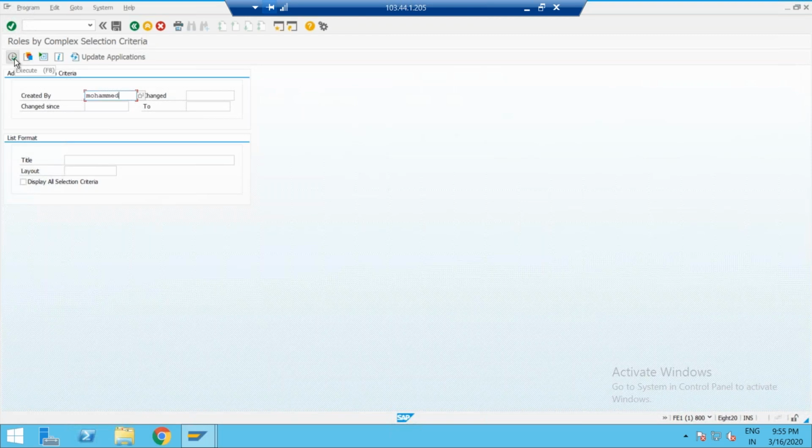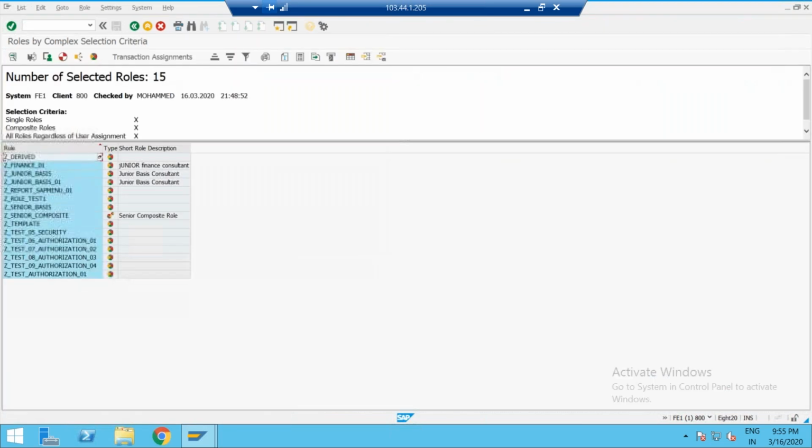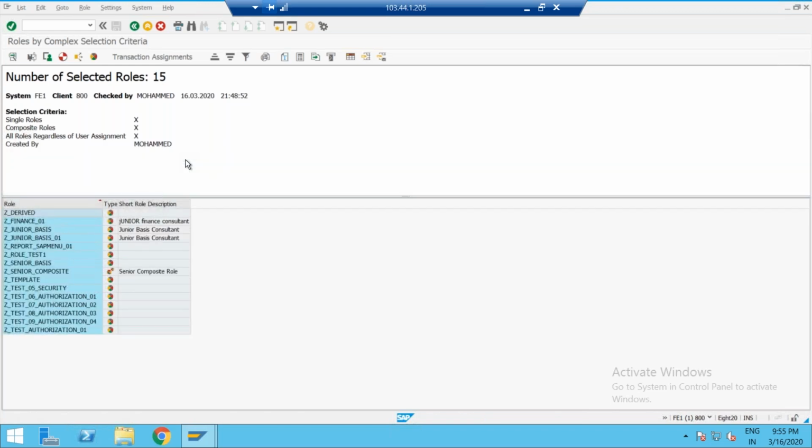Click on execution. How many is it totally here? 19 will be, 15 will be there. Yeah. Okay, 15 roles will be there. Go back.